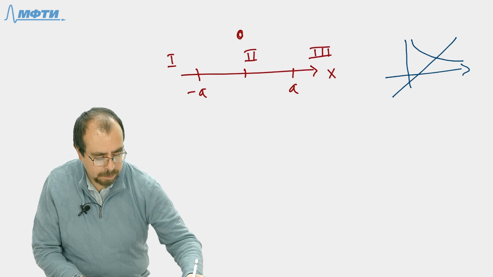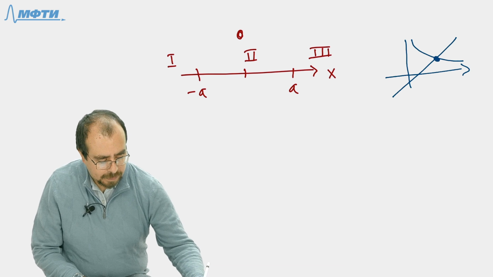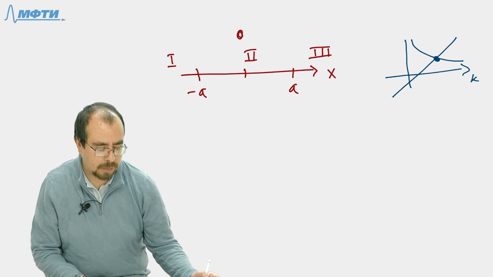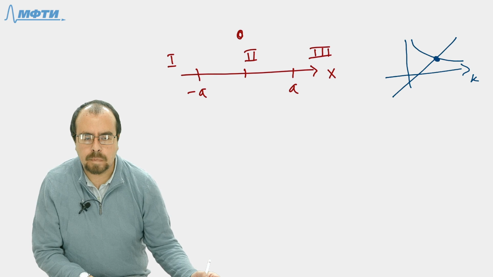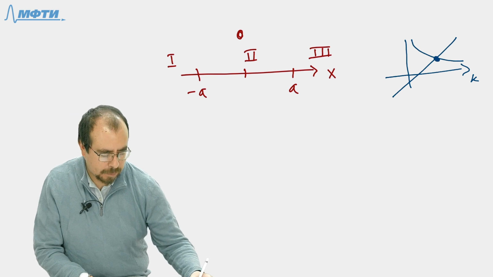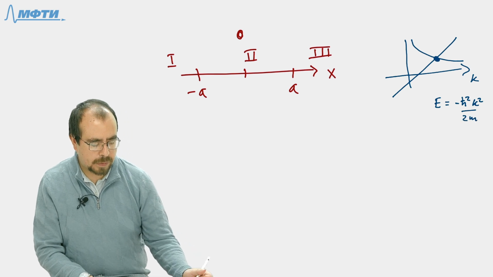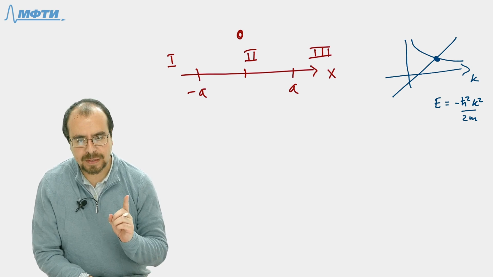So again, the k that satisfy, that cross both functions will be the solution. So, and the energy will be the same, right? We will have the energy equal to minus h bar square k square over 2m. So in principle, the solutions will be the same, but we will explain a little bit later that